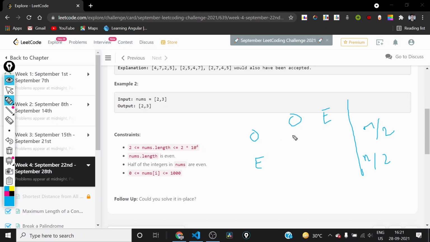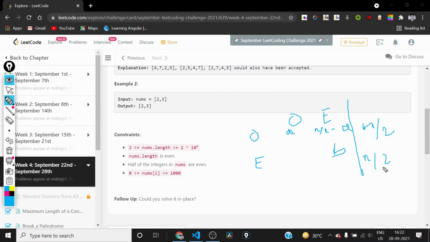So I have added these two quantities to get n by 2, and I have added these two quantities to get n by 2, because it has been stated in the problem that there are half odd numbers and half even numbers. Now let us assume that there are a odd elements at odd indices. Then obviously there should be n by 2 minus a odd elements at even indices, and suppose that there are b even elements at even indices, basically at their correct positions.